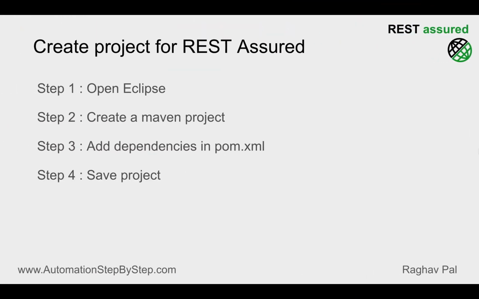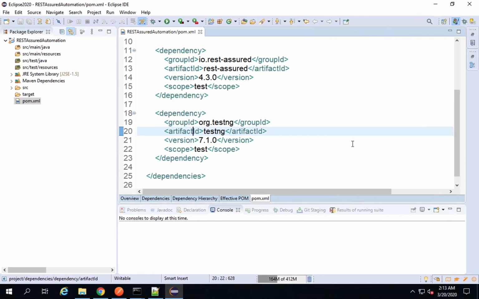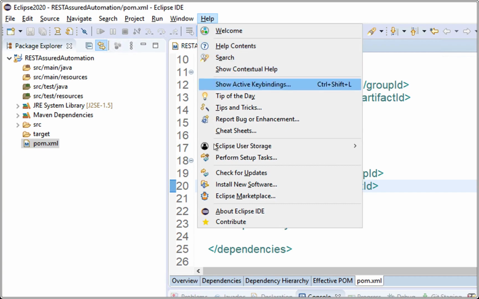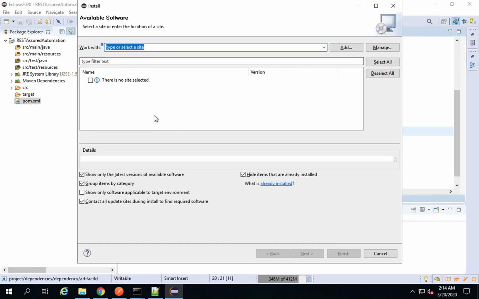Now next step is we have to save the project that we have already done, so that we get all the Maven libraries downloaded, and then we have also checked the libraries are downloaded and available in our project. And now we need a testng plugin in Eclipse. As of now we have just added the testng library, so we will be able to create testng tests. However, to run the tests we will need a plugin for testng, and for that you can go to help and say install new software, and here we have to provide the link of the testng plugin,